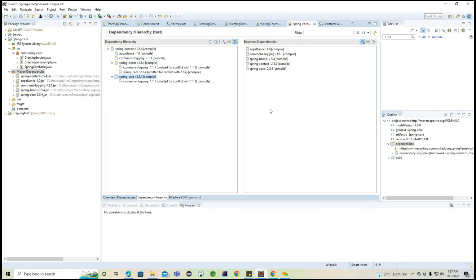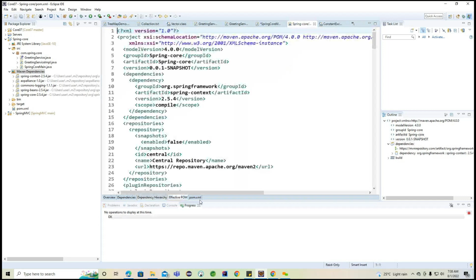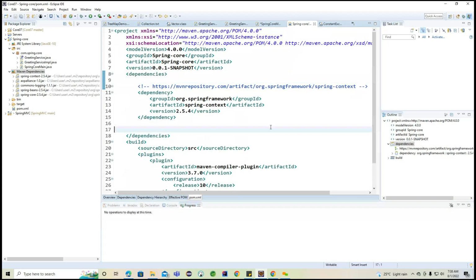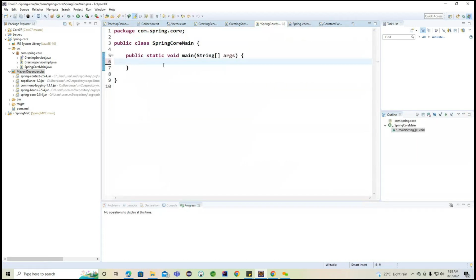So with the help of this dependency hierarchy, we can discuss what all the dependencies we are having. If you are having any explicit jars, you can remove those. So right now we remove the Spring Core, adding the additional jar here. Okay, now we'll come back to here. Now we'll see these are all the contexts. Now after adding this context jar, we need to discuss about